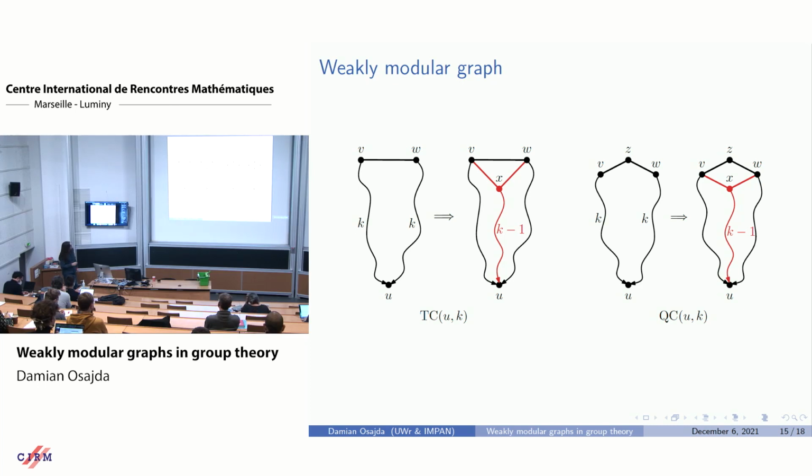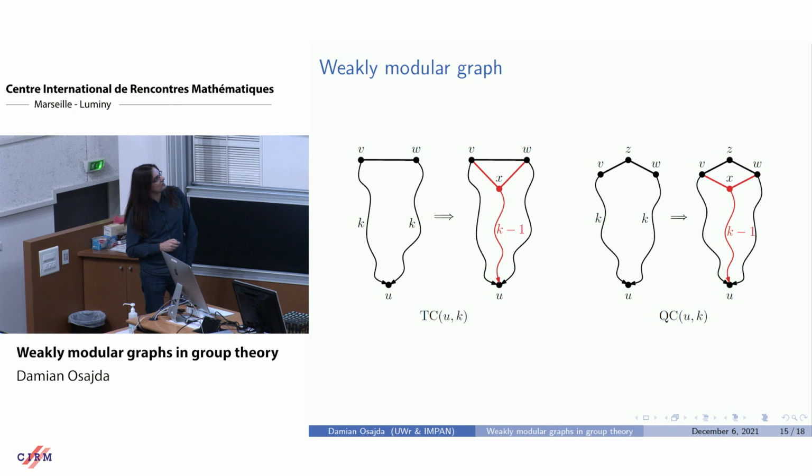So yeah, just let me say a word. This triangle condition and quadrangle condition basically tell you how you can approach a vertex. If you are far away, what path you should choose to go there. So this is the base of proving, for example, biautomaticity or other nice conditions for other classes of graphs that we have. So even if this X is not unique,